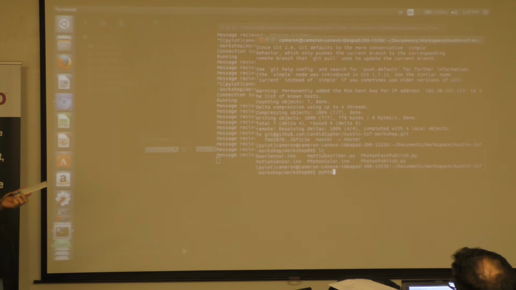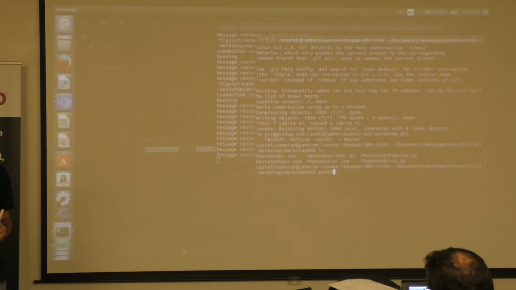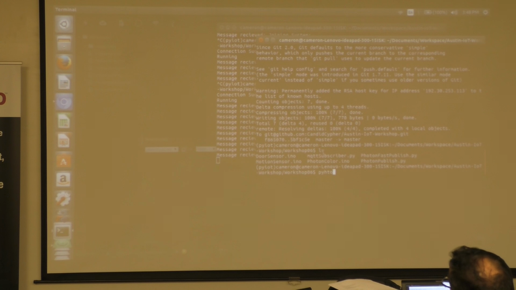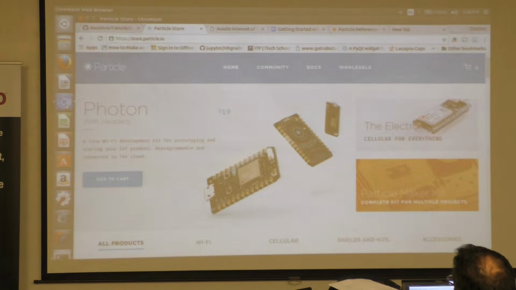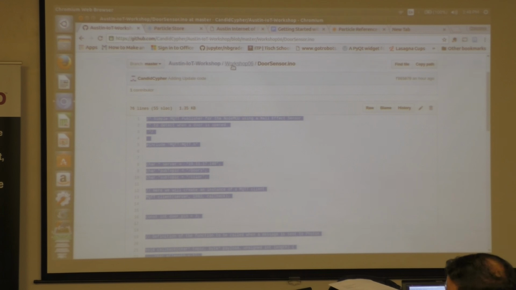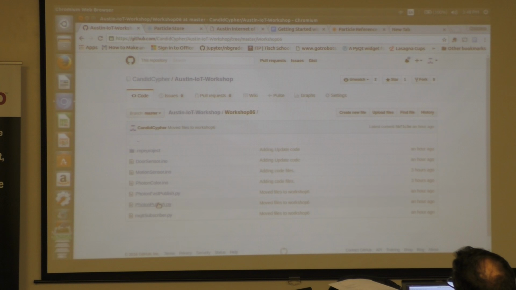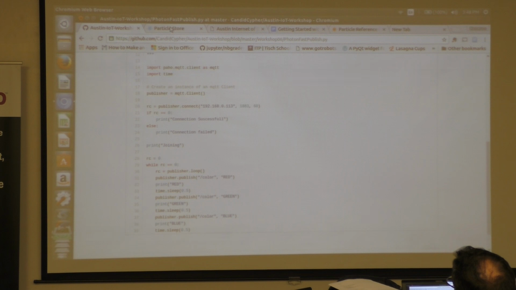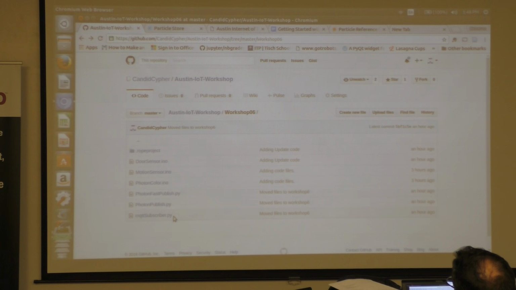Well, this is in a perpetual state of fail. So, do you have your Python script on your gear? I didn't see it. Let me double check to see if it is. I think I pushed it there just a few minutes ago. Okay, cool. I haven't checked it since then. Photon publish, Photon fast publish. It's the same thing. It's just half a second for each of them. And then there's the MT